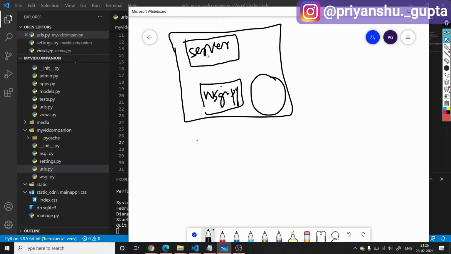So it starts a server here, and this server takes the requests from clients. After taking requests from users, it tries to contact the code that we have written through the wsgi.py file. It invokes the function present in our WSGI. The full form of WSGI is Web Server Gateway Interface, because it acts as a gateway interface between our Django application and the server, our clients. That's why it has this name. So our Django application is basically a WSGI framework.